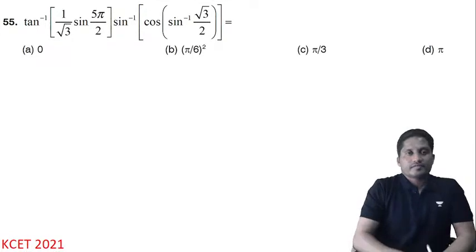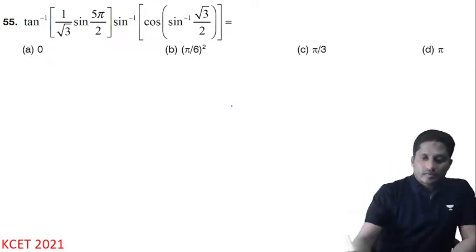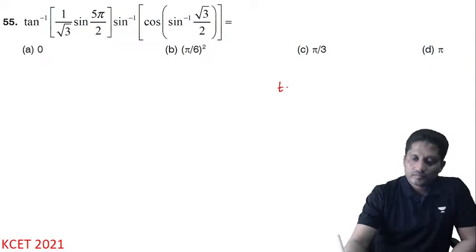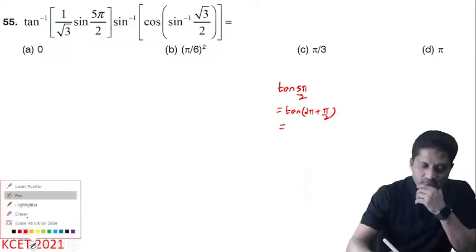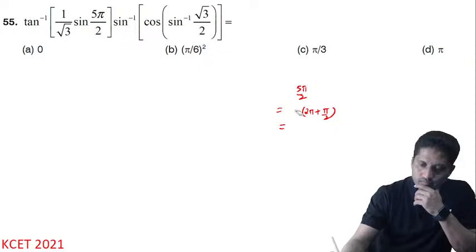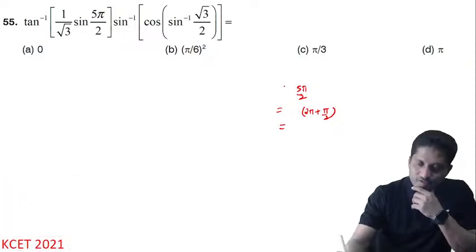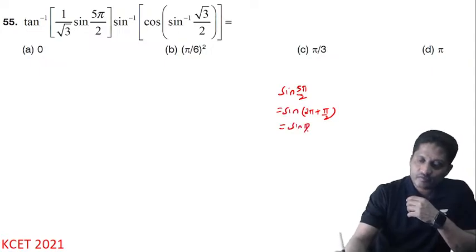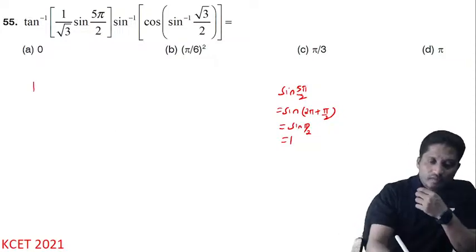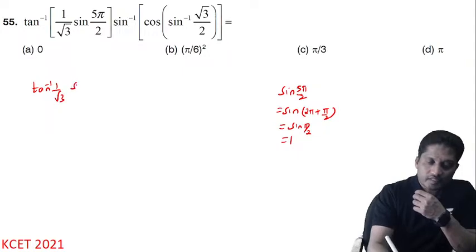Question number 55. Tan of 5 pi by 12 can be written as tan of 2 pi plus pi by 2, right? 360 plus theta, first quadrant. Sorry, not tan, sine. If it is tan, then it's not defined. This is equal to sine of 360 plus theta, first quadrant, sine pi by 2, which is equal to 1. Tan inverse of 1 by root 3. Okay, and then you get sine inverse of